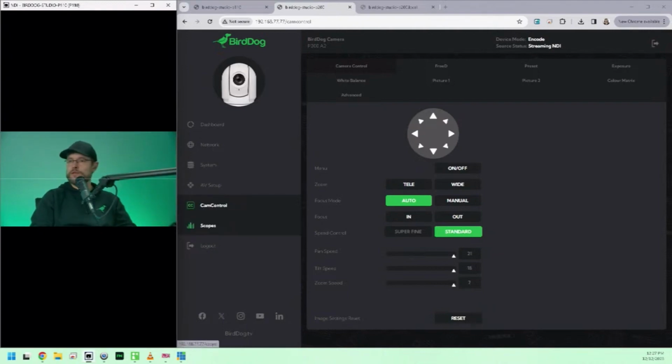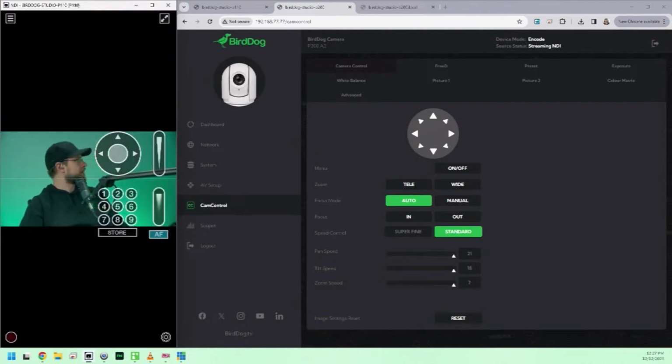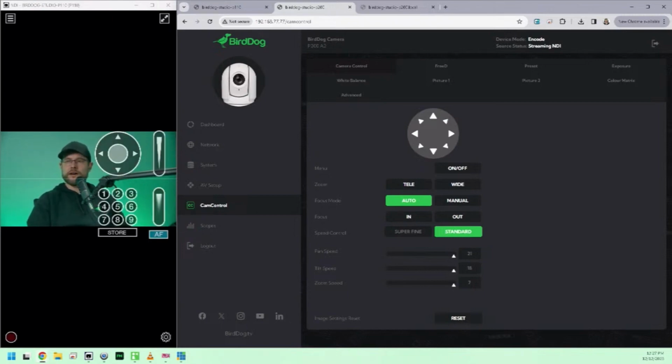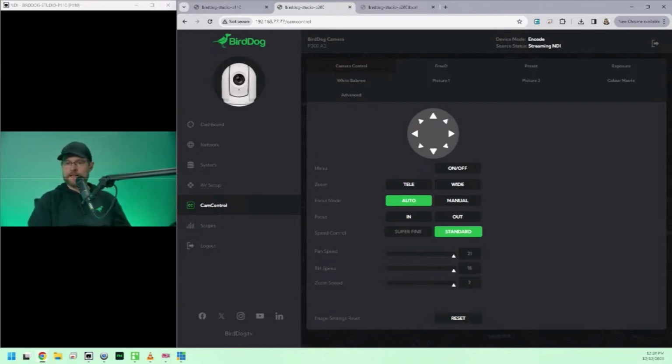Now, when we're using the P200, oh, that's an interesting problem to have. When we're using the P200, we can also change things here, like we can turn off the menu that's on the baseboard. It will be very unlikely that you are going to need to use that. And let me explain why. We have worked really closely with our manufacturer to get all of the options that are on the baseboard to work with